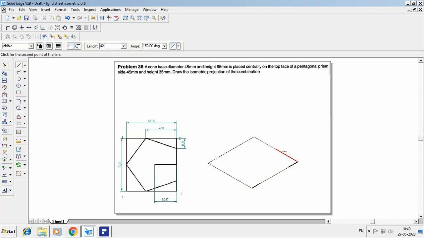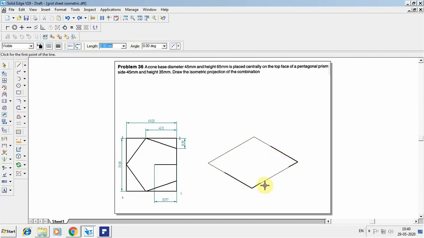So 42.8 at an angle of 150, and you can draw a parallel line so that the other opposite edge can also get the line. Or you can go for the line option from 1 to 4. You can enter 42.8 at an angle of 150, and this will be exactly the center. So this point will be exactly the center, so directly you can take. So I'm going to connect now from 1 to 2.